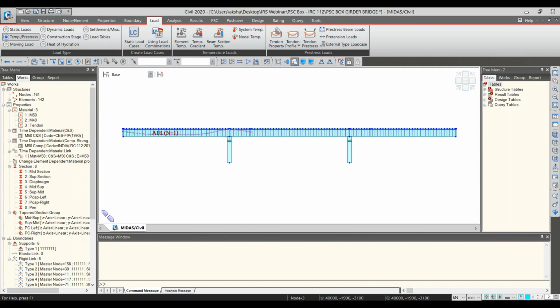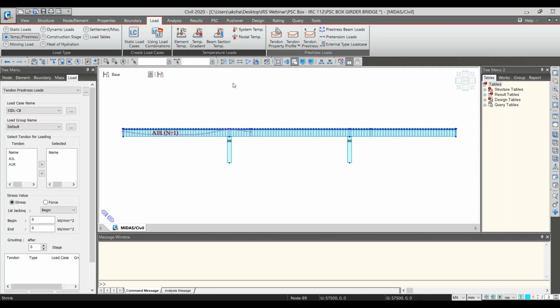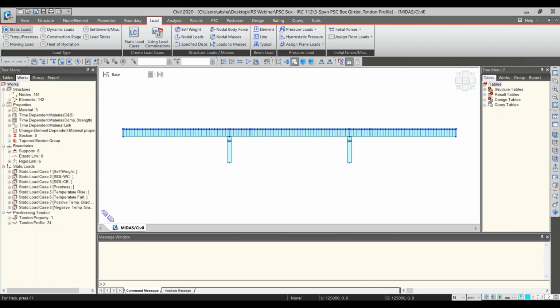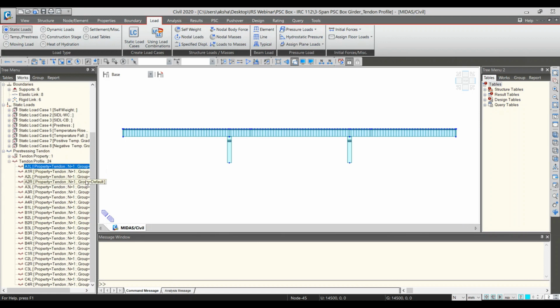Now coming to the pre-stress input, you can just go to tendon pre-stress. Over here you can directly select the pre-stress value, right? So let me try to open the model where I have already defined all the profiles. Yeah, in this I have already defined all the 24 profiles over here,